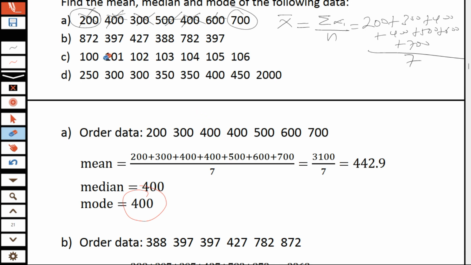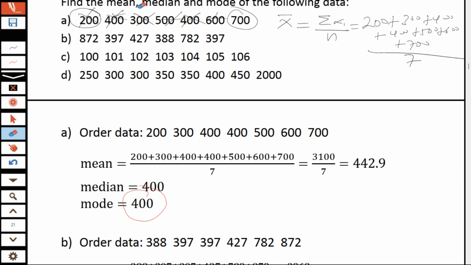So let's go to our next question. For the B, he said 872, 397, 242, 47, 388, 782, 797, right? So this is the data point, right? It's from the sample. So here, the first thing that you have to do before we calculate the mean, the median, and the mode,